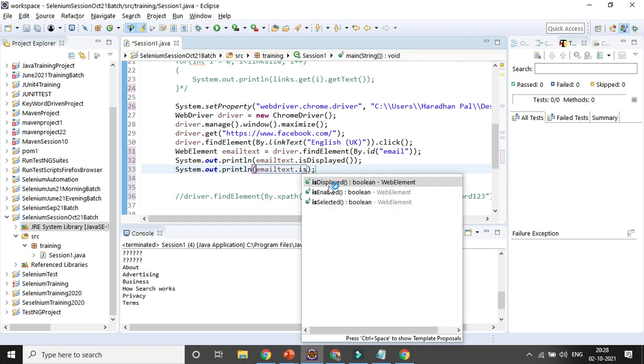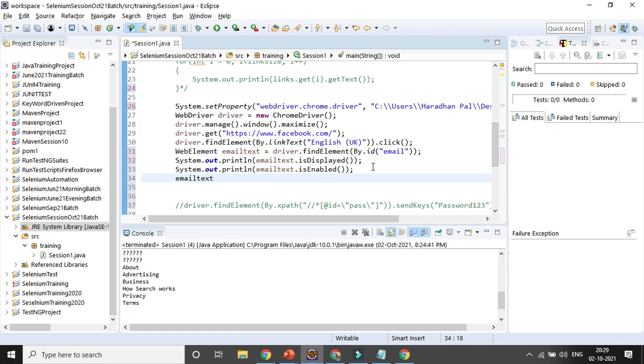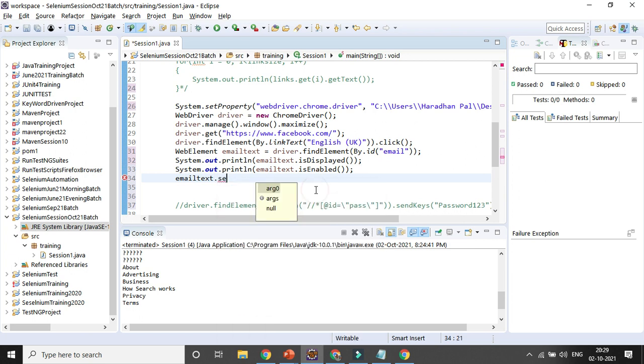There is no point of checking is selected because this is not a radio button or checkbox. I will use that one for radio button or checkbox only. Once it is selected, I will be entering some value, dot sendKeys. I can enter say test 123.